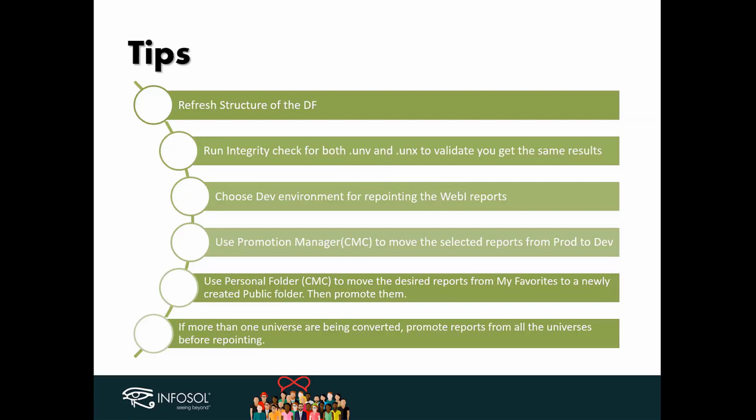If not, look for the differences. Ideally, you should start repointing your web reports in the dev environment, and when you have resolved all the issues there, then do that in prod.